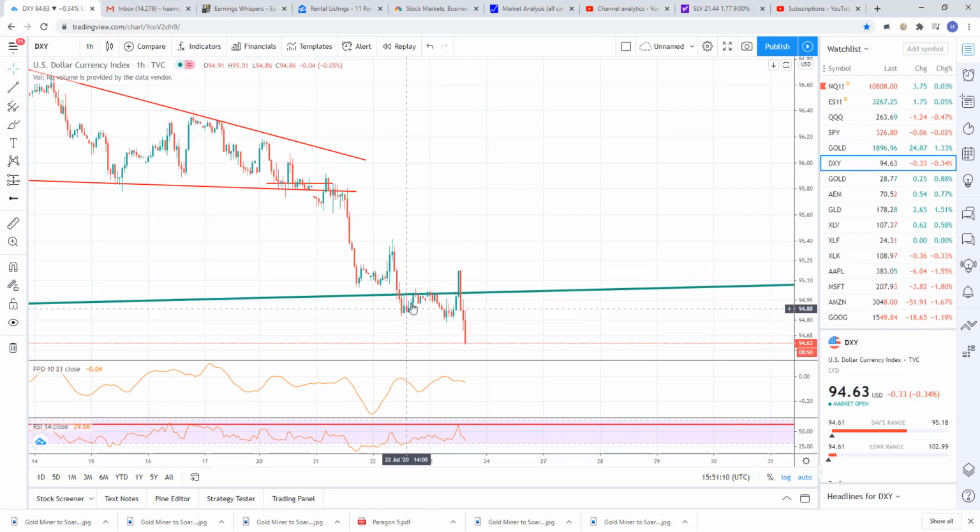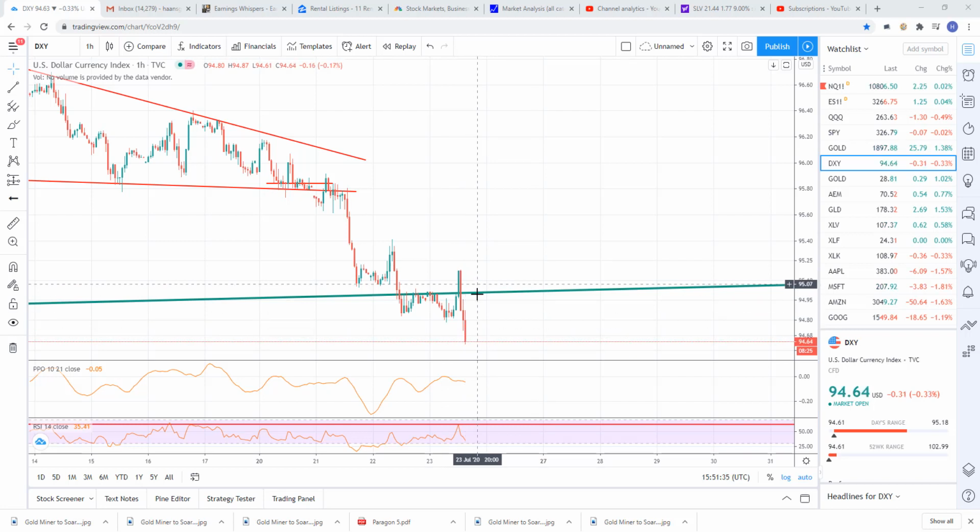You can see we undercut it, started to test it, started to recover it, but we're failing pretty impulsively. I really think the dollar probably needs to recover really soon. So look for some sort of a false breakdown for a quick snap up. It's going to come in the form of a catalyst, I think. And the dollar needs to recover.